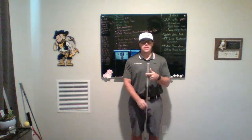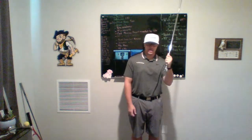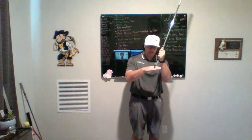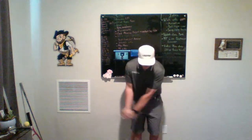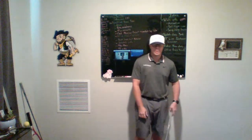The divot is dictated mostly by your low point, right? So my low point being ahead of the golf ball, that's where I need it to happen. So I can make ball first contact, and then the club works down into the ball, and then nothing after that. So that's what I need to happen, is I need that low point to be forward. So if you're struggling with divots,